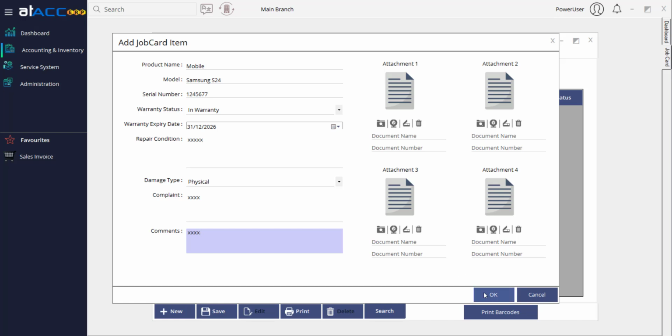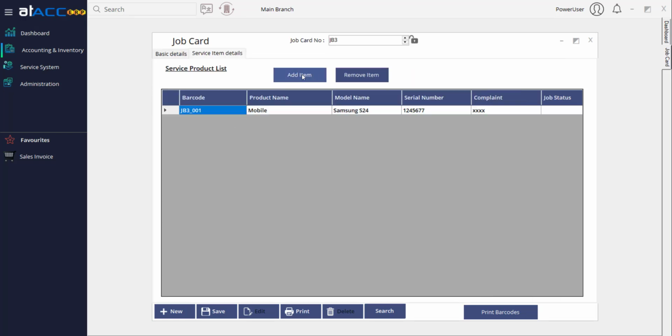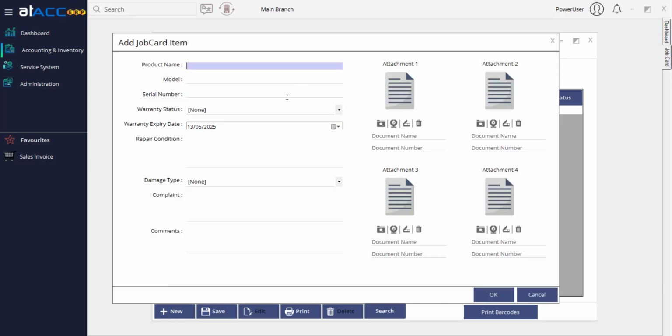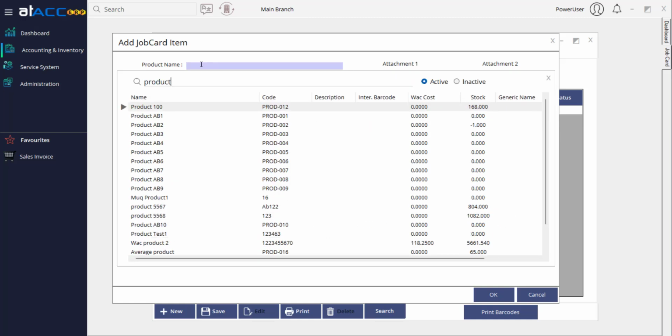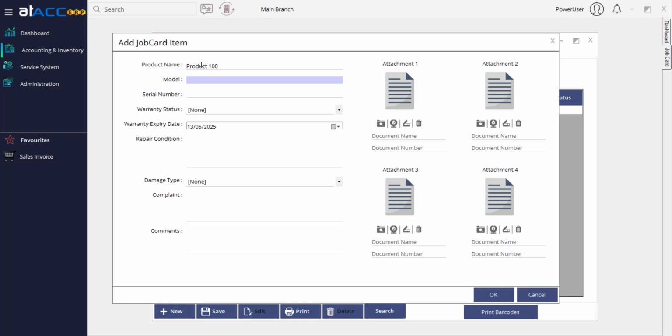So this is for one product. Again, you can add more products here. So let's select the same person giving you more products to service. Maybe it's a vehicle, maybe it's an electronic device that you can service. For example, the second product. This is the second product. I have a model number like